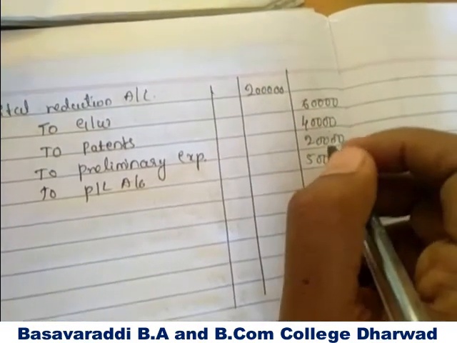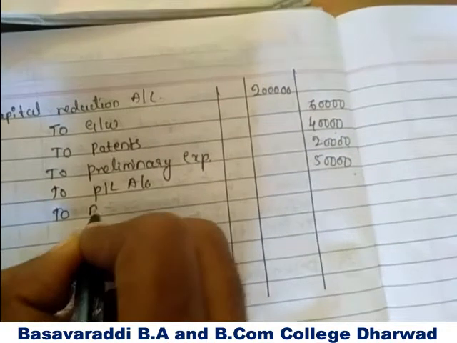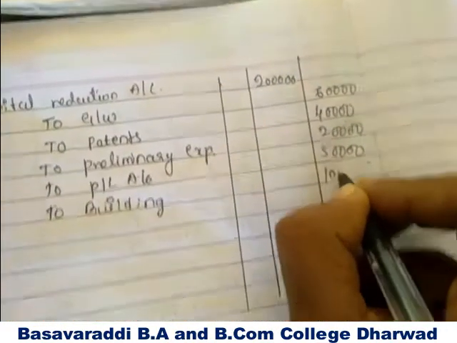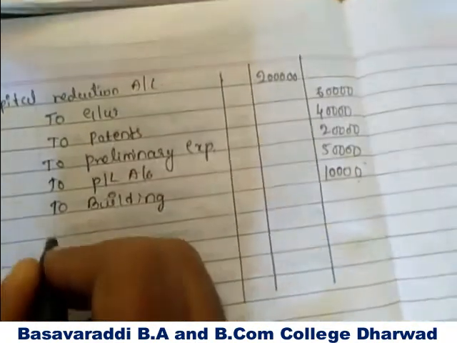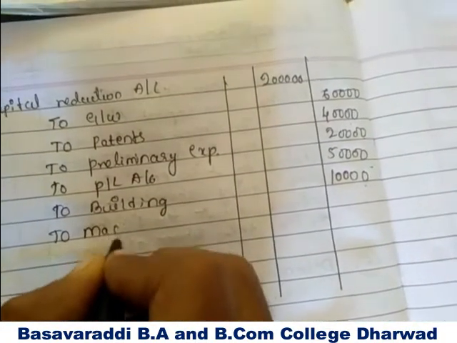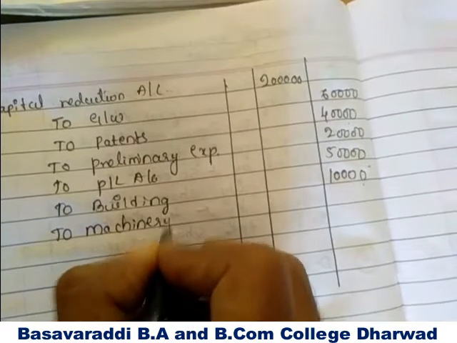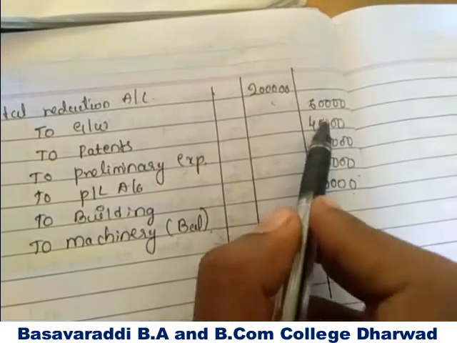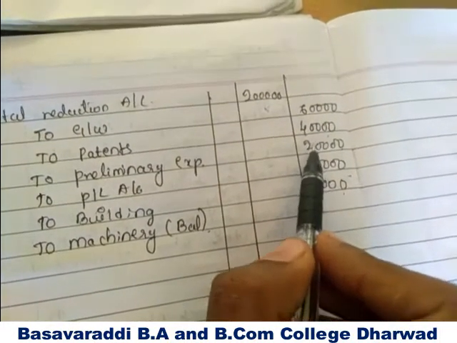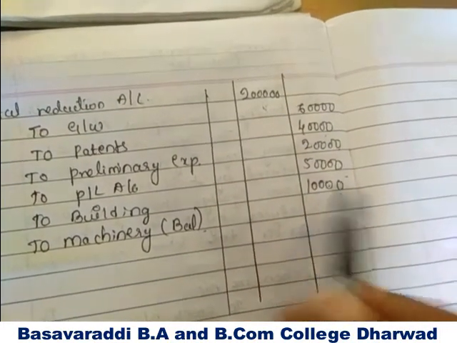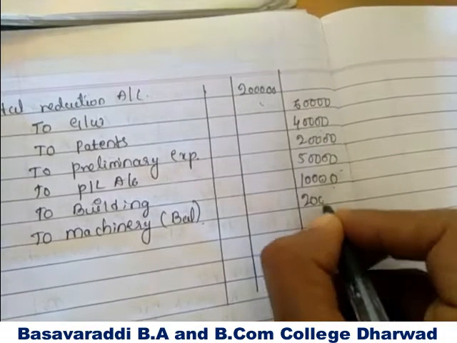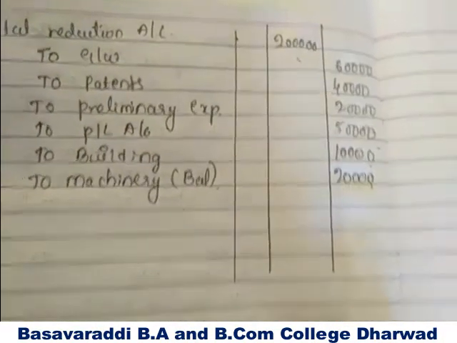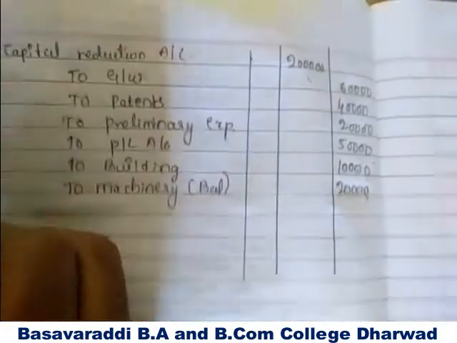Now, building, how much? 10,000 is to be written off, and then the balance amount is used to write off the machinery. Balance amount we have to transfer to the machinery. Balance amount how much? 2 lakh minus 60 minus 40 minus 20 minus 50 minus 10,000. Difference amount is 20,000. Difference amount we transferred to the machinery account. Being